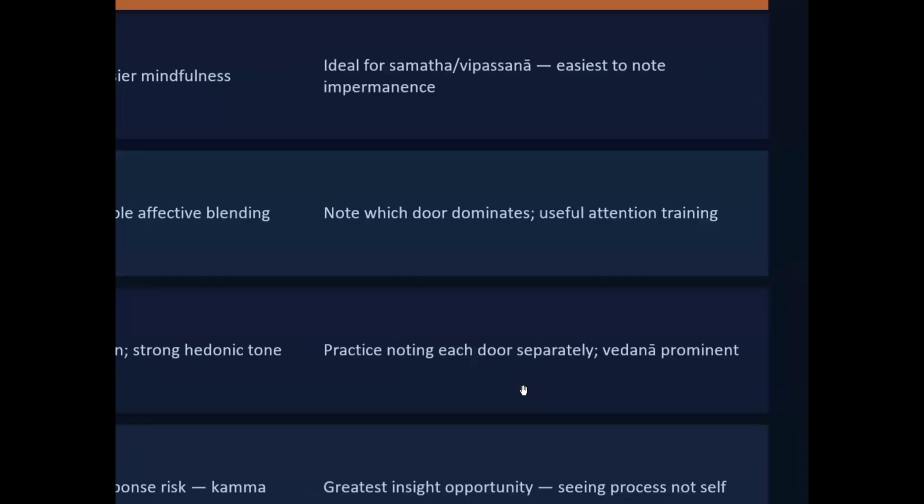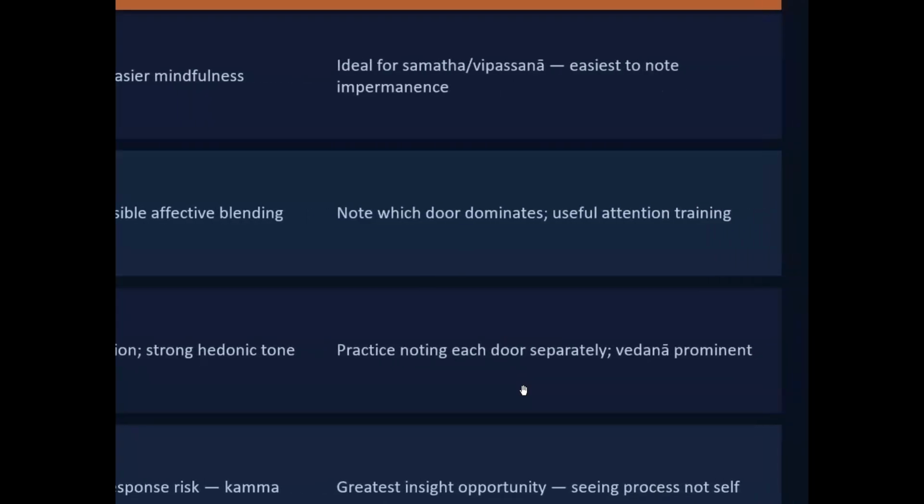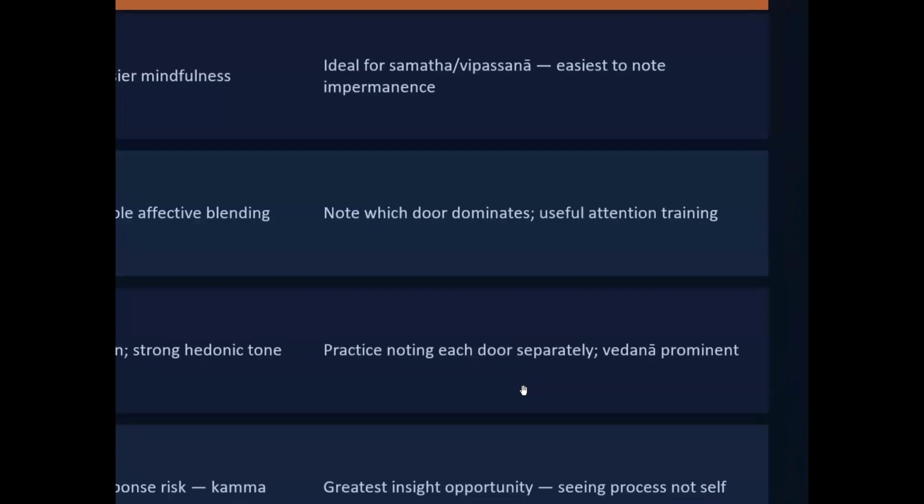So at the end, you still have to select one. Because all your doors will be open and each door will be noting each thing separately. But finally, you also have to select one. You cannot possess all the five.